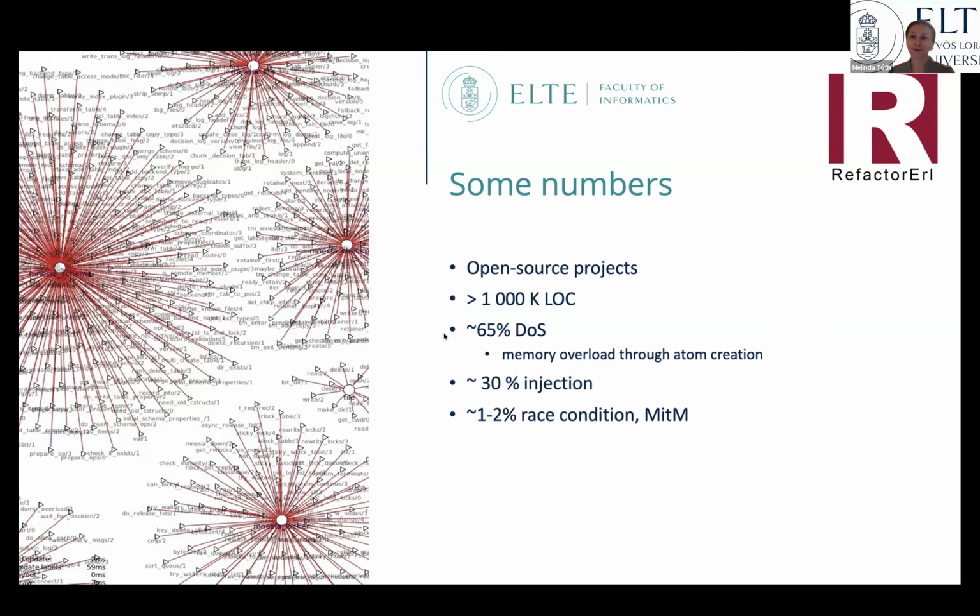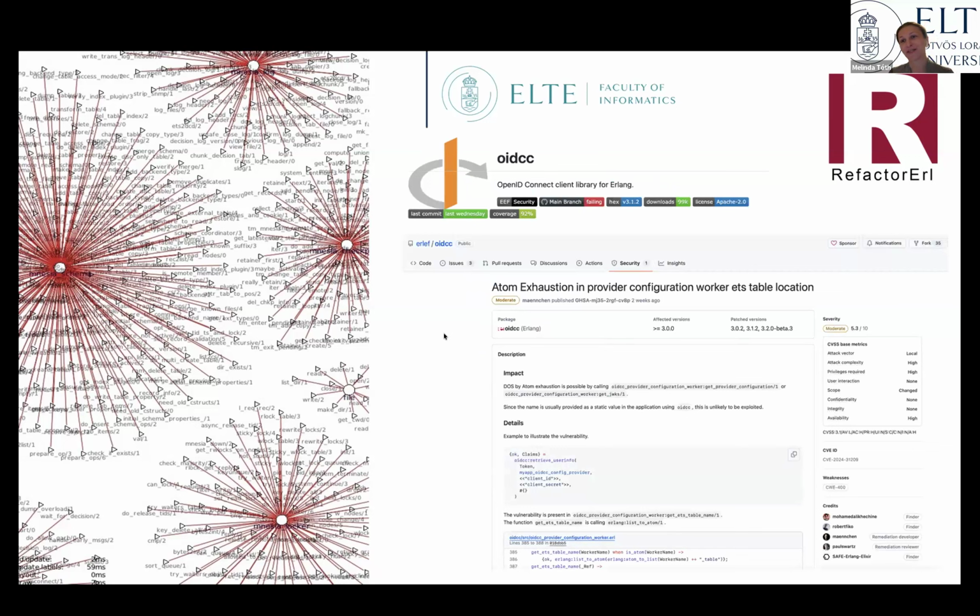We can conclude that the majority of the issues, 2/3 of the issues, related to denial of service attacks through atom exhaustion. So that's the most common vulnerability in the Erlang ecosystem. We found injection-related issues as well, like OS command injection, or unverified beam file loading, or similar issues as well. Just to provide you an example, in the OpenID Connect Client library, we applied